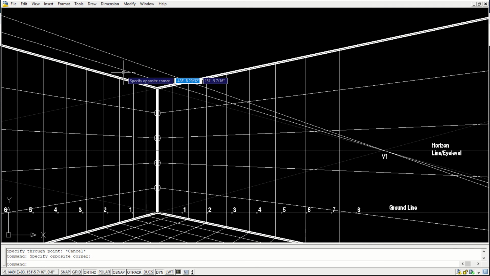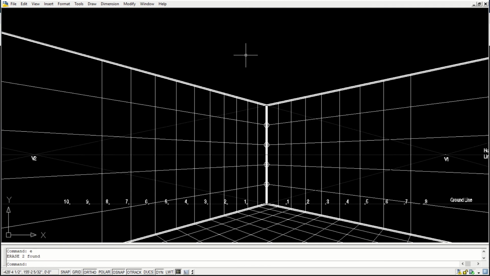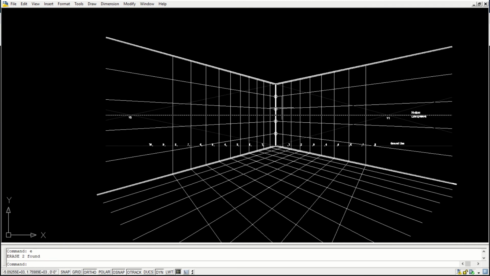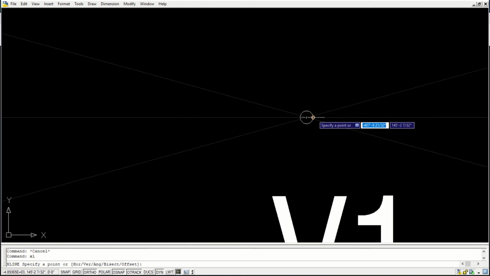So you make a grid on top as well if required, so that you have the full grid in hand for constructing the perspective. This is as simple as that. This is where you will be able to draw the object using this grid.